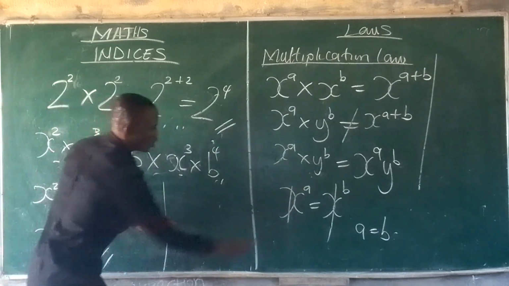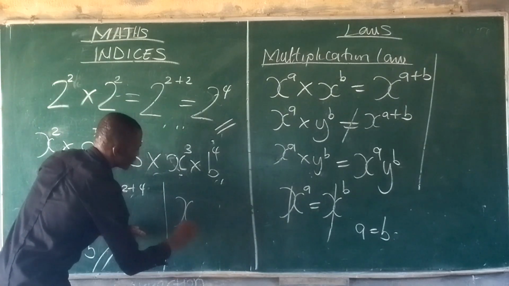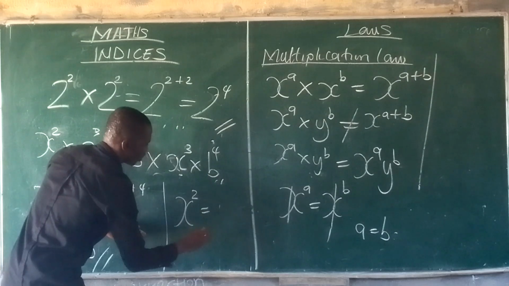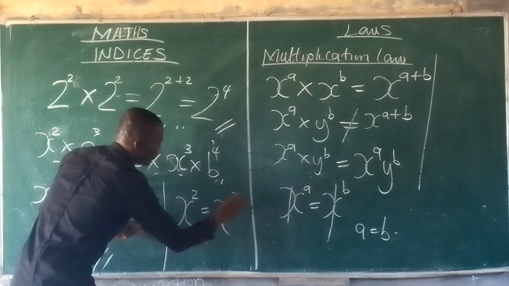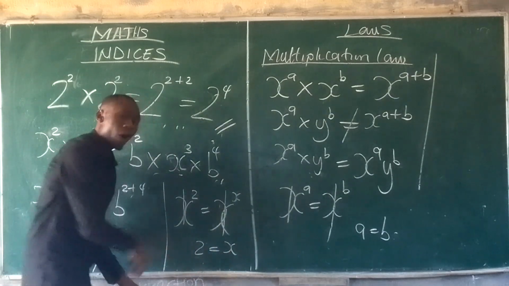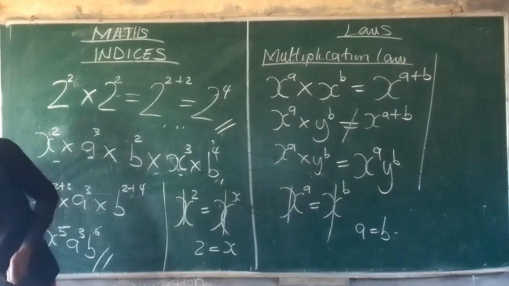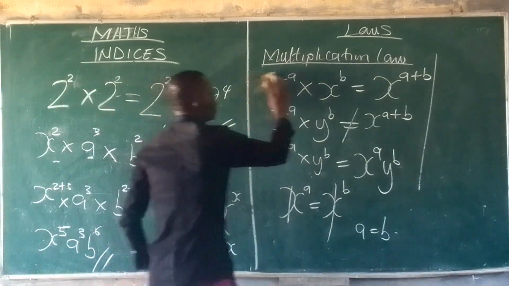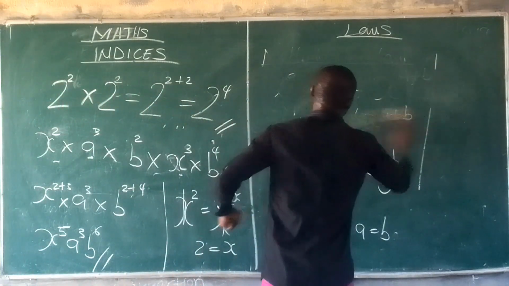Well, let's go to the last one. If you have that x to the power of 2 is equal to x to the power of x, this means that 2 is equal to x, or x is equal to 2. That is the law of multiplication. And we go to the next law, which is the